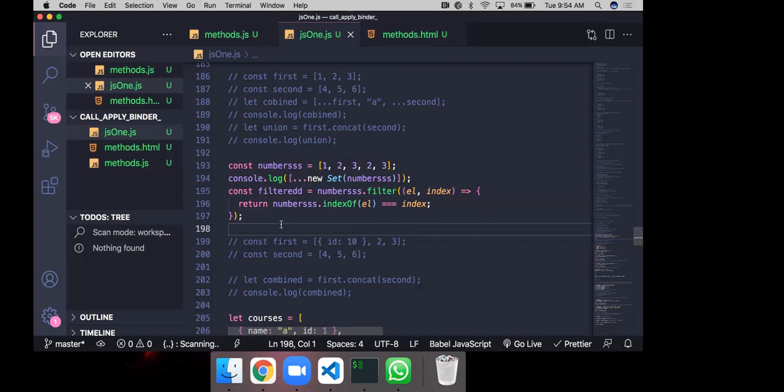Then for the second iteration, el is 2, so that will be 1, and triple equals to index, again it is 1, matching. Then for 3, indexOf el will be 2, and the index is also 2. As I have already told you, in arrays indexing starts from 0, 1, 2, 3 like this. So for 1 it is 0, 2 is 1, 3 is 2, 2 is again 3, 3 is 4.